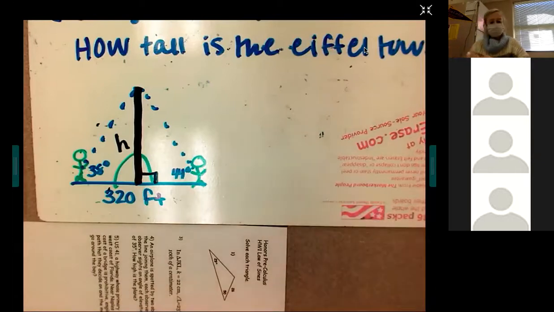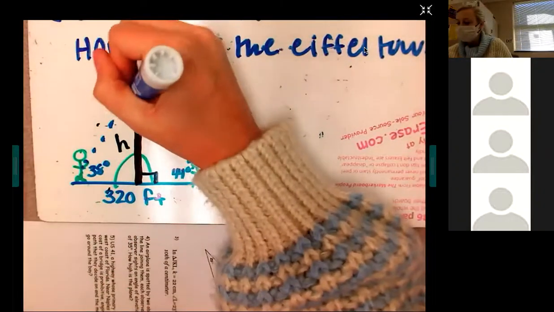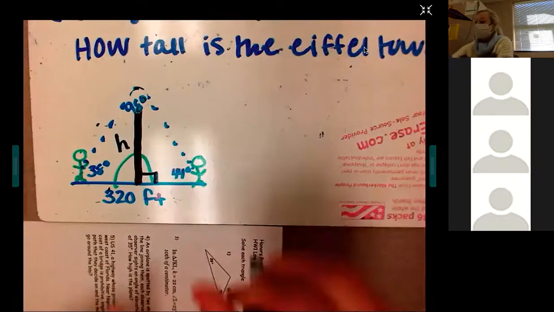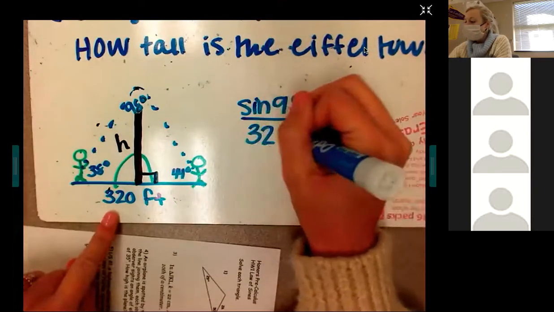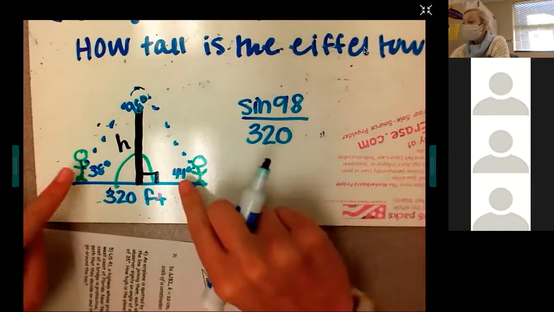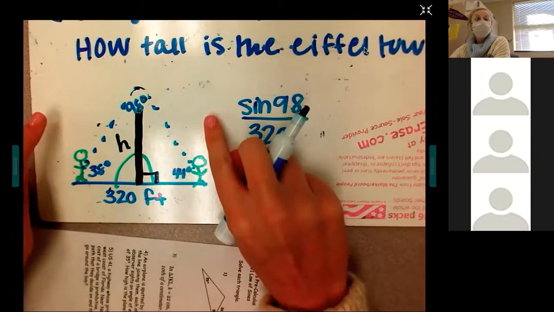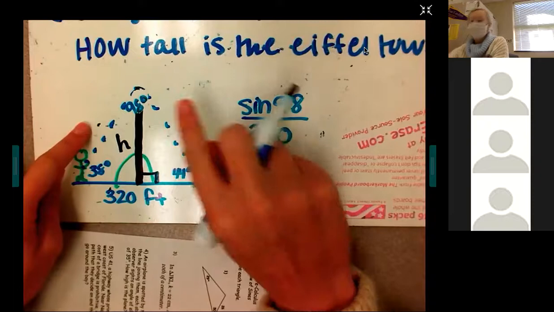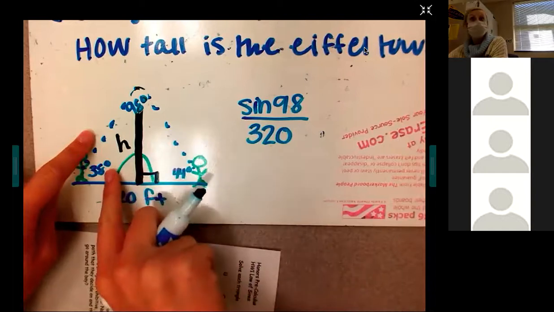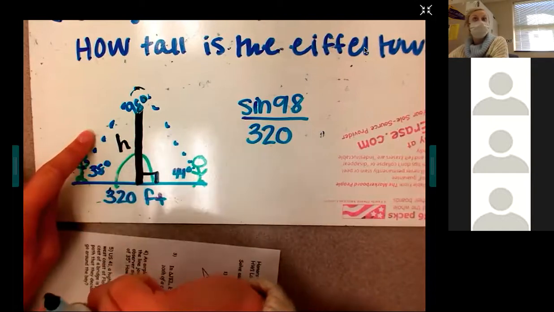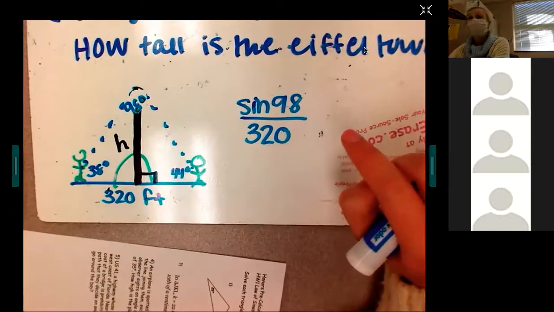Okay, good, Dre. What's the top angle? 98 degrees. Did you guys get 98 degrees for the top angle? All right, so look, if I use that 98 degrees and do sine of 98 over 320, I can use one of these angles to find one of my sides, correct? Okay, so watch what happens if we know one of our sides. If I know this side length and I know this angle, could I then use right triangle trig, SOHCAHTOA, to find the height? Yes, but you have to use law of sines first